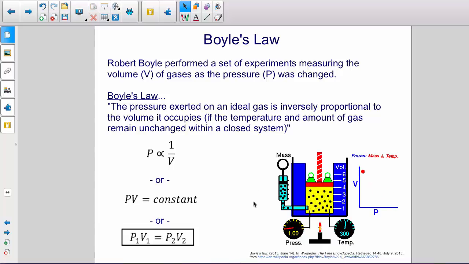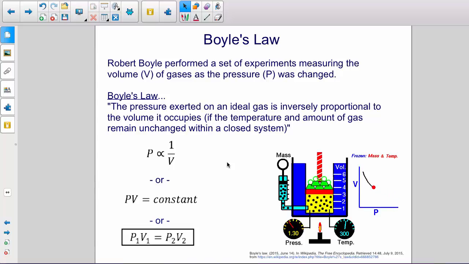If you look at the animation on the bottom right of your screen, you'll see masses being placed on top of a cylinder, forcing the gas down, reducing the gas's volume. If you watch this pressure gauge at the same time, you can see that as the volume decreases, the pressure is increasing. So what Boyle's law says is that the pressure exerted on an ideal gas is inversely proportional to